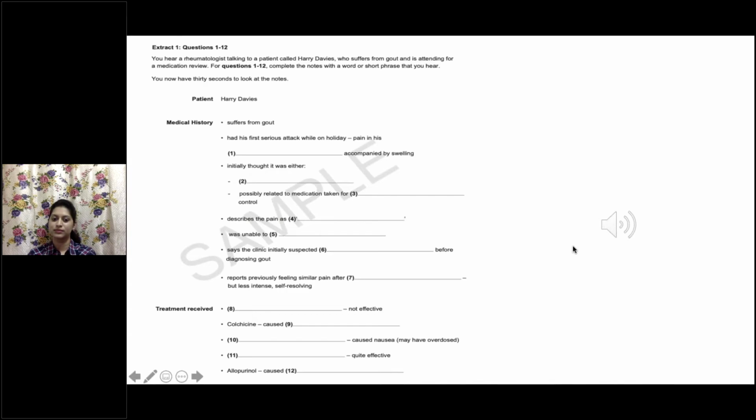Yes. My GP said I could try using an ice pack, and that did make a bit of difference, but you can't have it on all the time. So anyway, after that, she said, let's try allopurinol, see how you get on with that. So I started taking that, but I didn't get on with it. It gave me a skin rash. So I rang her up, and she told me to stop taking it, that I'd better see a specialist. So here I am. Is there anything more you can do? Well, I'm sure we can find something, maybe